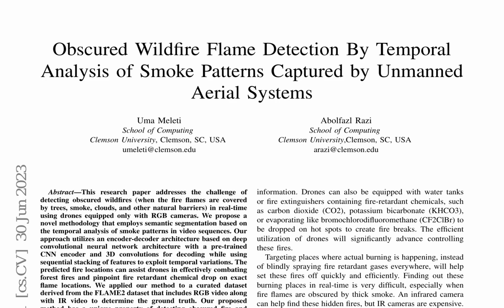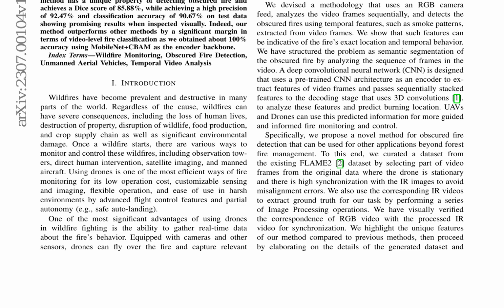The research addresses the challenge of detecting obscured wildfires using drones equipped with RGB cameras. It proposes a novel methodology employing semantic segmentation based on the temporal analysis of smoke patterns in video sequences. The approach utilizes an encoder-decoder architecture with a pre-trained CNN encoder and 3D convolutions for decoding, exploiting temporal variations. The method achieves a DICE score of 85.88%, precision of 92.47%, and classification accuracy of 90.67% on test data, outperforming